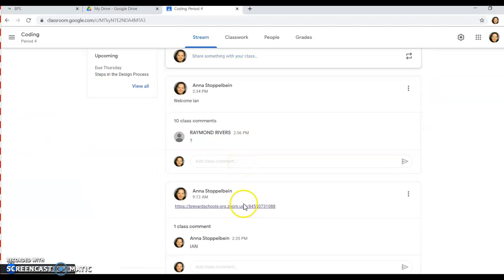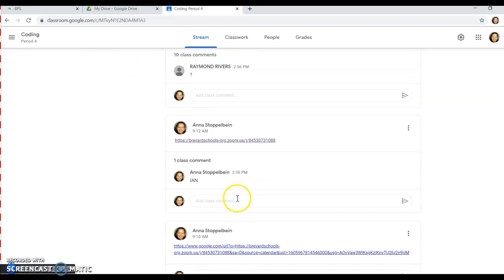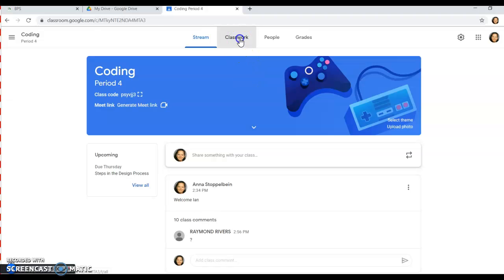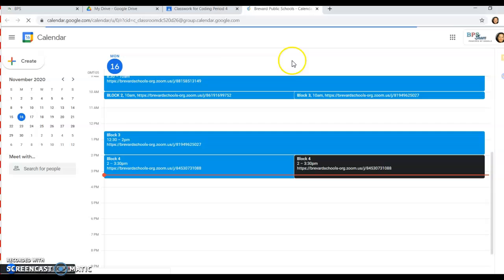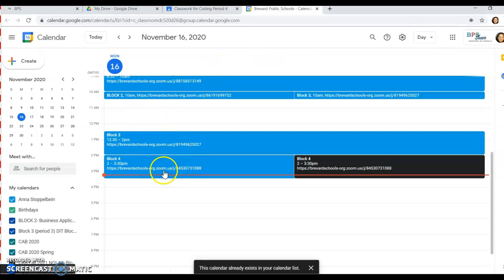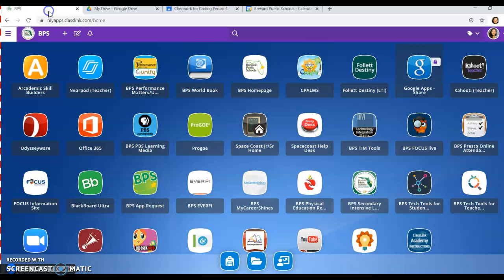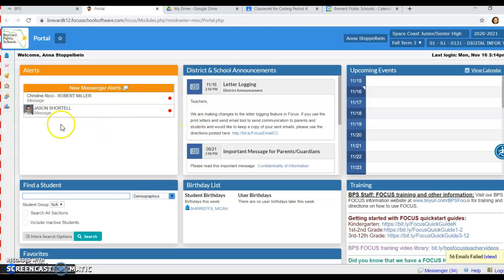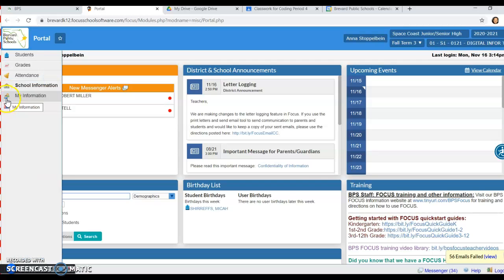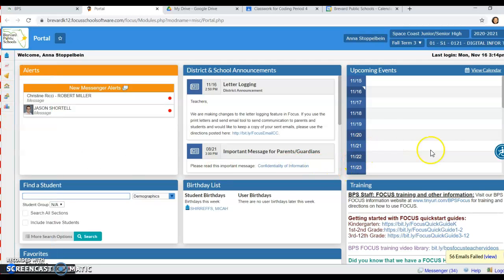Now, here's a link and here's a link. You could try either one. You can go into Classroom, go to your Google Calendar, and again, here's the link. You'll notice the numbers are the same, so no matter what, they are there. Or you can go back to Focus, go into your Focus account, and you will go to, you will have